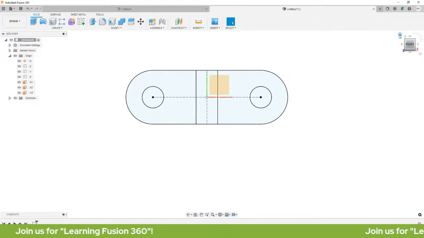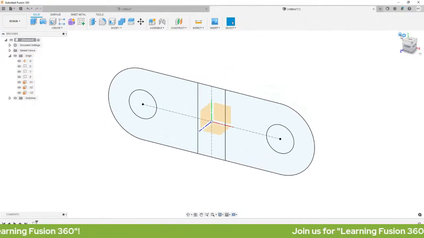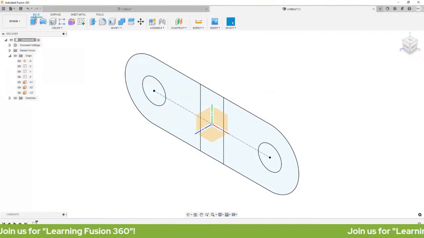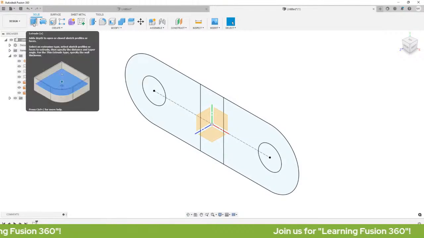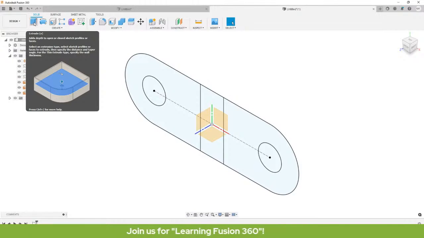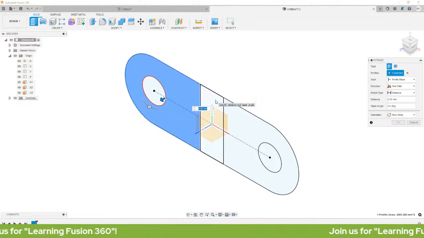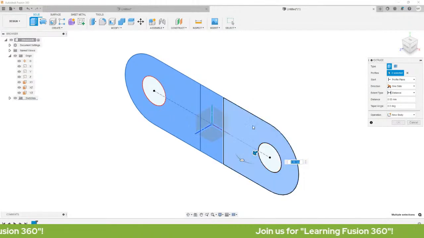Let's click our home view. Balik tayo kay View Cube. Ayan. Press E, the shortcut key for Extrude, or eto siya, sa pinakauna. Okay? Extrude. So, selecting this profile, and this profile.